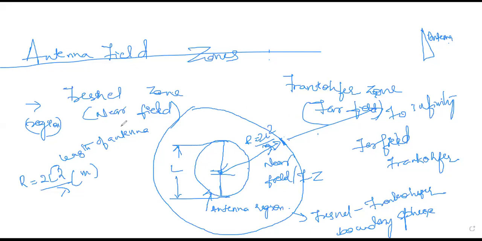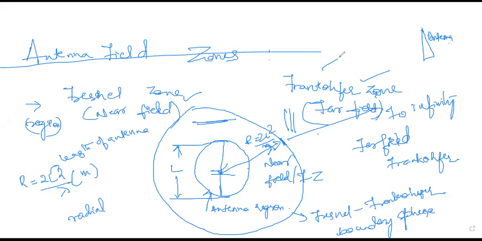Now the difference between your near field and far field. One difference: the regions close to the antenna are the near fields. The regions far away from the antenna, which means larger distance, are the Fraunhofer zone. The other difference is in the field components. In the near field, the longitudinal components are more significant, whereas in the far field you have latitudinal components.